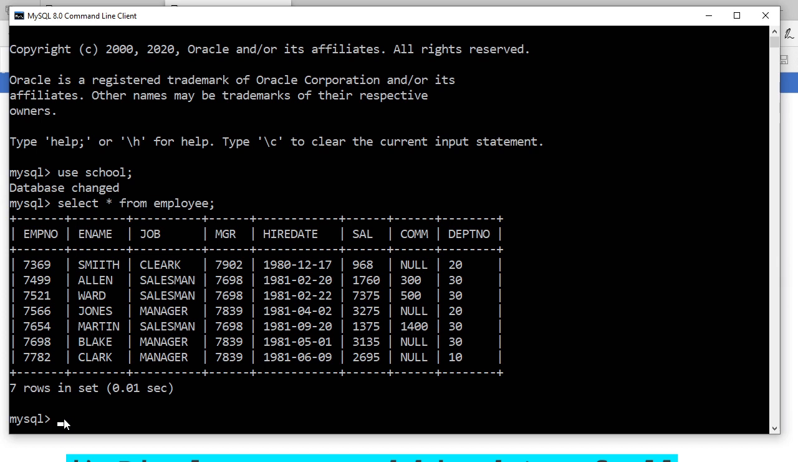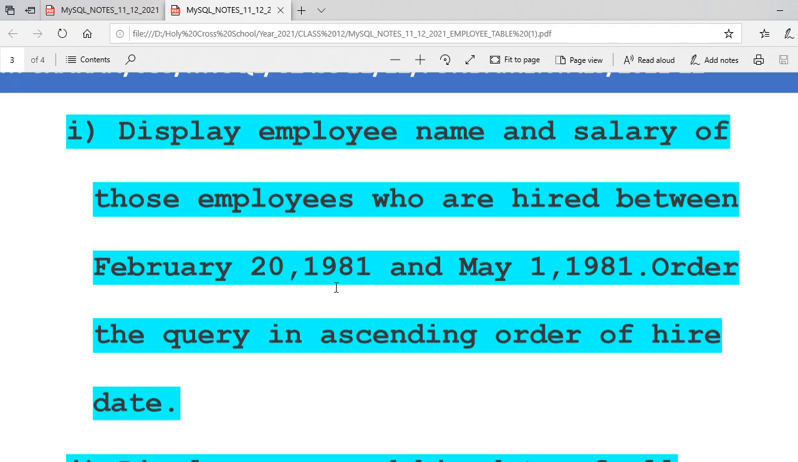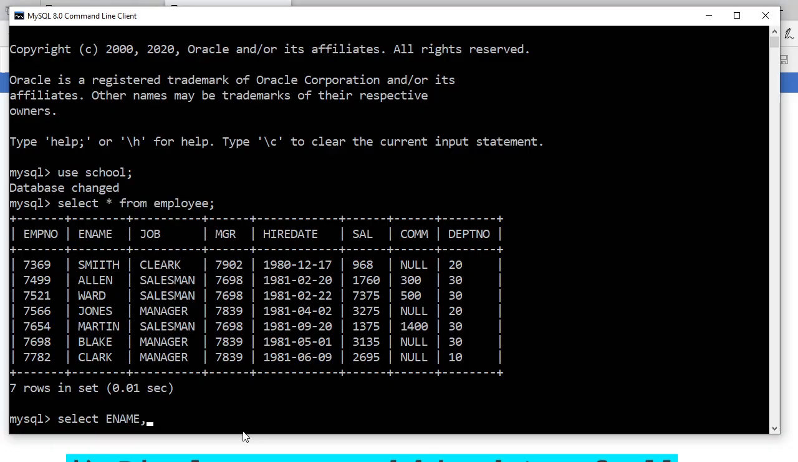So what we have to print, so what we are going to write here: select, then we have to print ename, employee name, then salary. Display employee name and salary of those employees. See, I told you to read properly, I can understand, but I have to read once again. Display employee name and salary of those employees who are hired between these dates, in ascending order of hire date. Okay, no problem. Employee name, and then salary, from